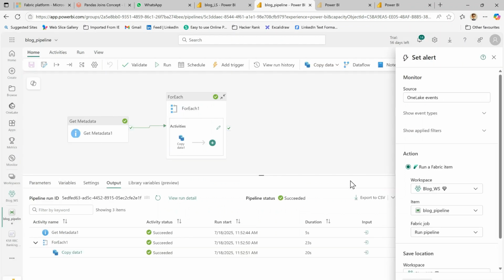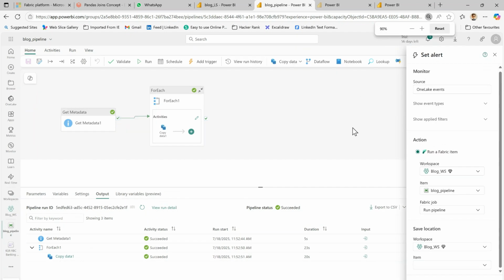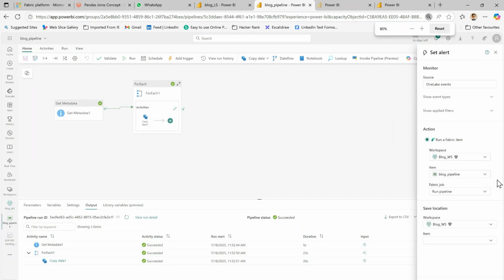So once you click save, it is automatically selected, and that action name we call a run a fabric item. The workspace is automatically selected, the pipeline is automatically selected, and the job is run pipeline. So this one is blog underscore workspace. Let me zoom in. This is blog underscore workspace, and from here we need to create this alert